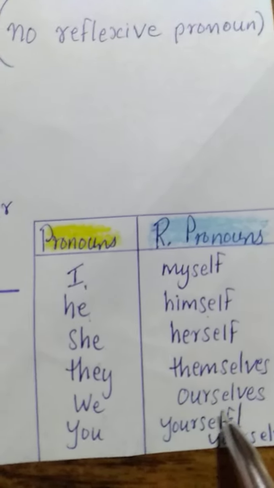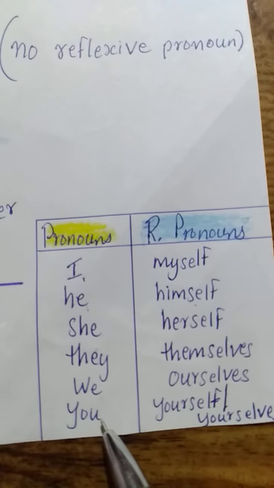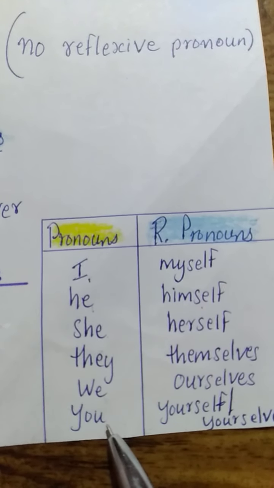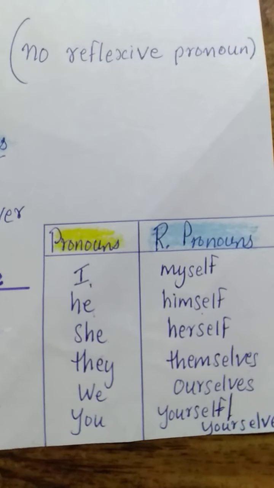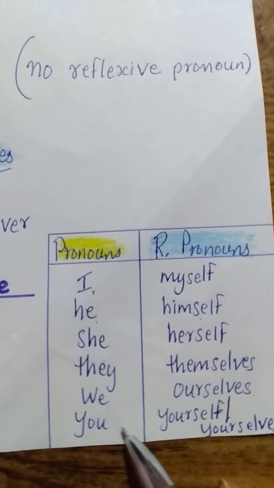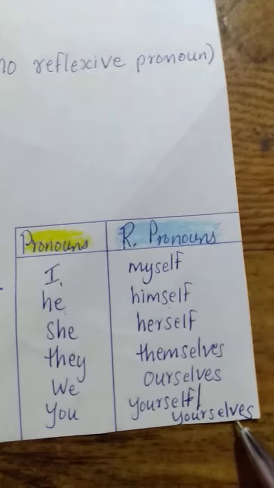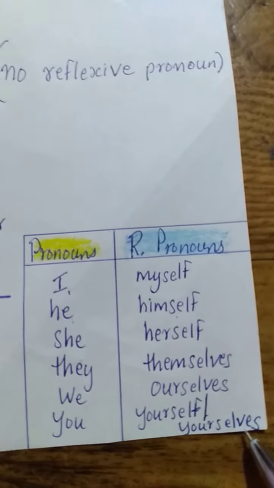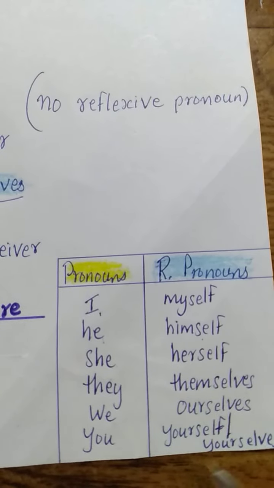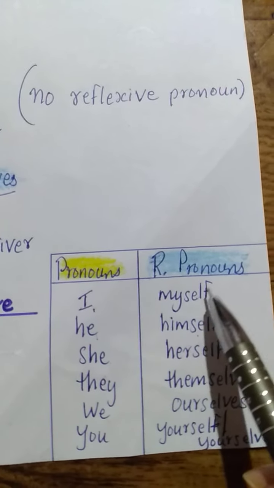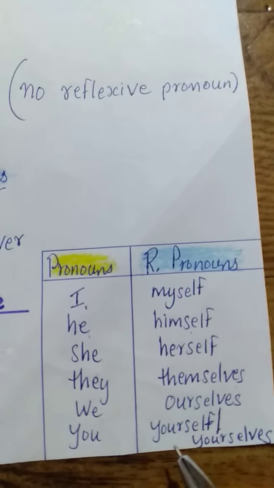We, ourselves. You can be singular as well as plural, isn't it? I may be addressing one of you, or I may be addressing all of you. So you can become yourself or yourselves. All right. So this is the review on the reflexive pronouns. So now we can draw the conclusion